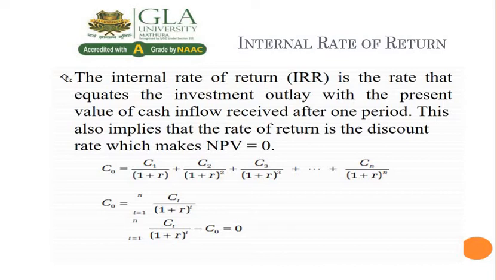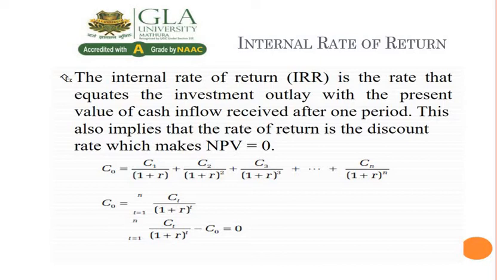It is defined as the rate of discount at which the sum of the present value of the future net benefits generated by a project during its lifespan equals its initial investment cost. In other words, we can say the internal rate of return is that rate of discount at which the total present value of future benefits equals the total present value of cash outflow on the project. This means the net present value of the project is equal to 0.